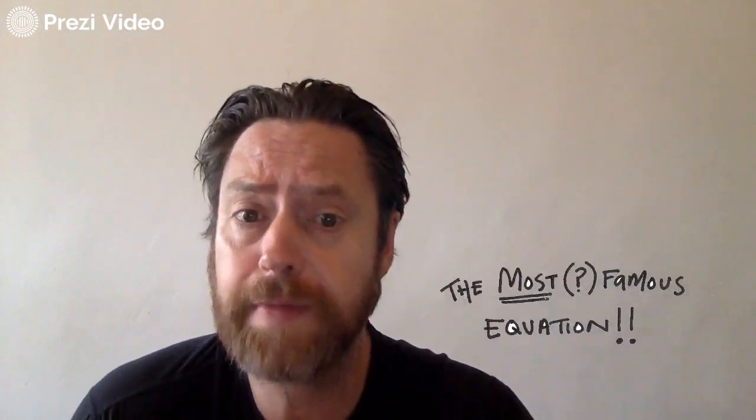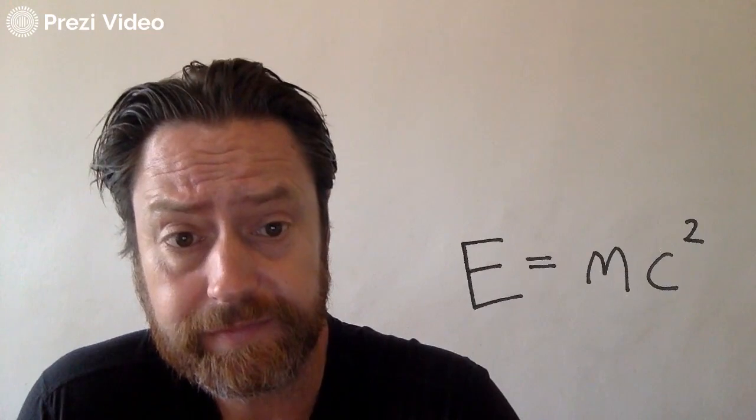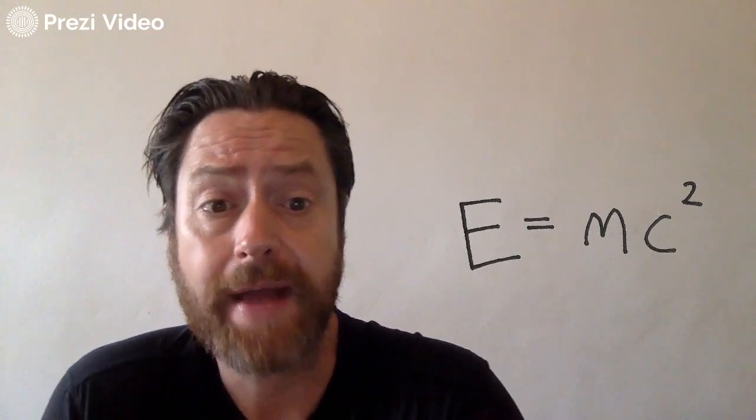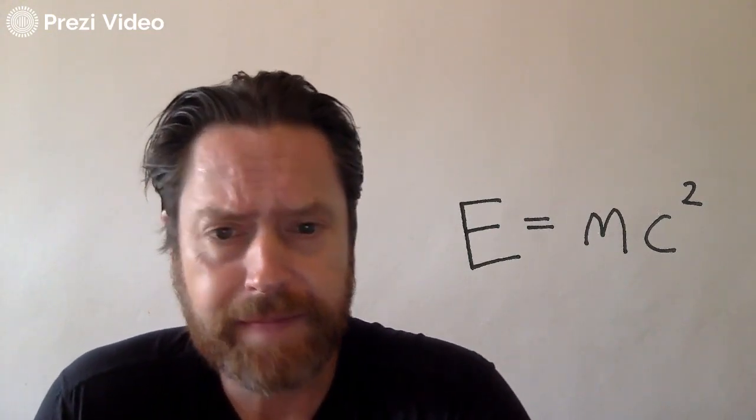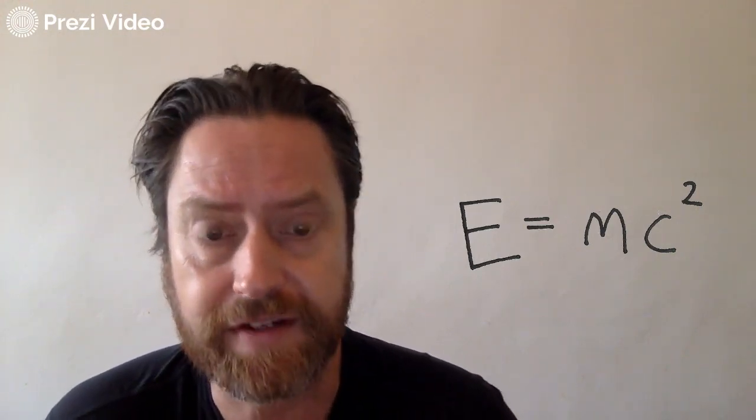Hello. So today we're going to be looking at annihilation. Annihilation is what happens when matter and antimatter meet. And in order to do this, we're going to think about probably the most famous equation, and that is, obviously, E equals mc squared. It's telling us something about the amount of energy that's available to us if we can